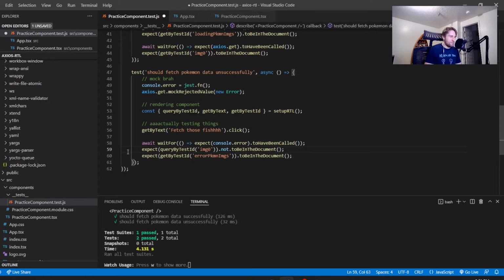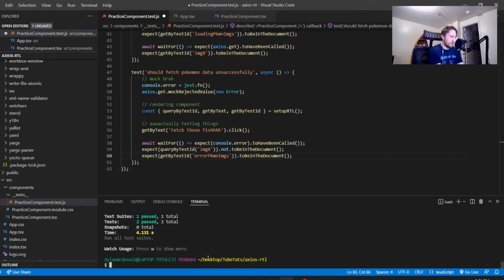Other than that, of course, we're just checking with that query by test ID to see, does this first fish image not show up in the document? If so, cool. That's what we're hoping for. And we do that with the dot not to be in the document. So yeah, I already kind of spoiled things here by running the test in the background, but if we do an npm run test,